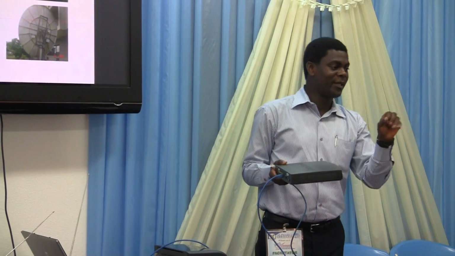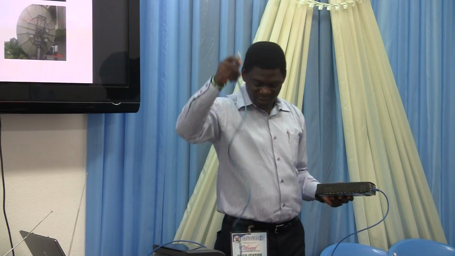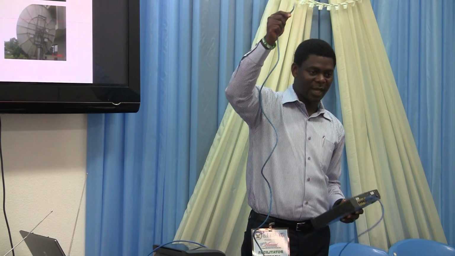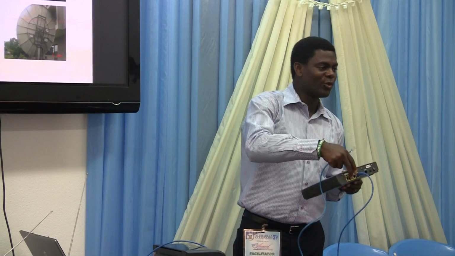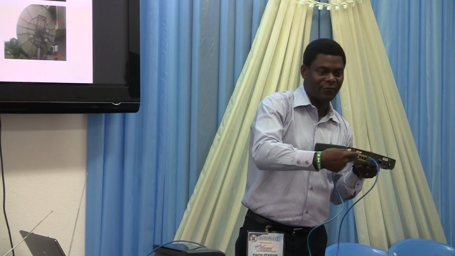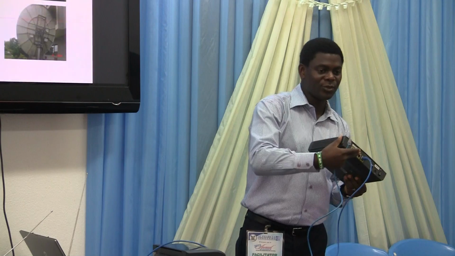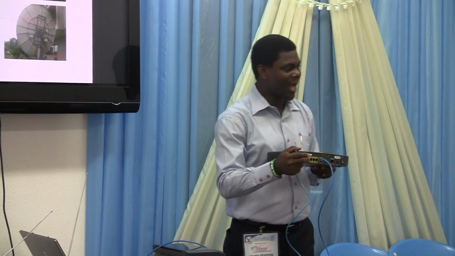Signal light that will be blinking, that will tell you that okay, signal is available here. That's how to actually know that the signal is here. But how do you make use of the signal? It means you will need another network cable like this, and then you plug it into one of these ports available here. There are 4 in number, and they are referred to as LAN ports, LAN, L-A-N, which is local